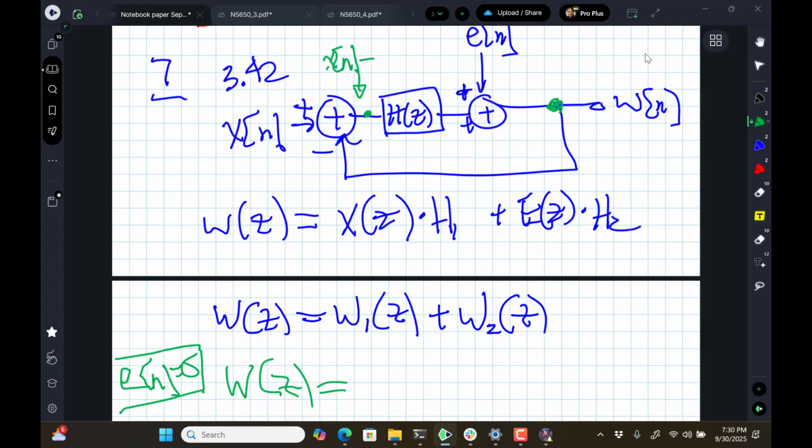W of n. And then that goes through h of z and comes through the output. So I can sit over here and say W of z is going to be x of z minus